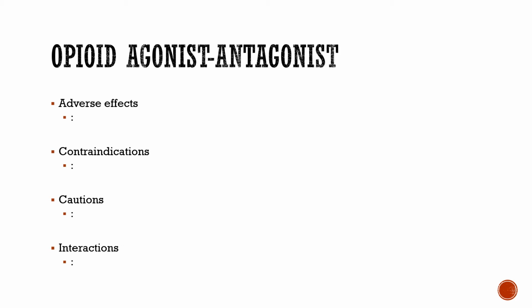How about that? Be careful in people with opioid dependence. Now, I say that we do use these sometimes to help people get off of those, but if they're used for that purpose, fine. If they're not, and the person is opioid dependent, we need to really be careful with that. Be contraindicated in respiratory depression. Be contraindicated in certain head injuries, so you want to keep that in mind as well. Sedation, depending on level of sedation, it could be contraindicated sometimes in that as well. Interactions, any other CNS depressant, just like we talked about, that includes opioid agonists.